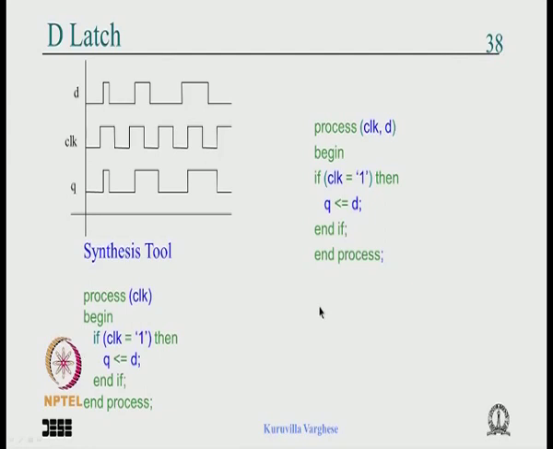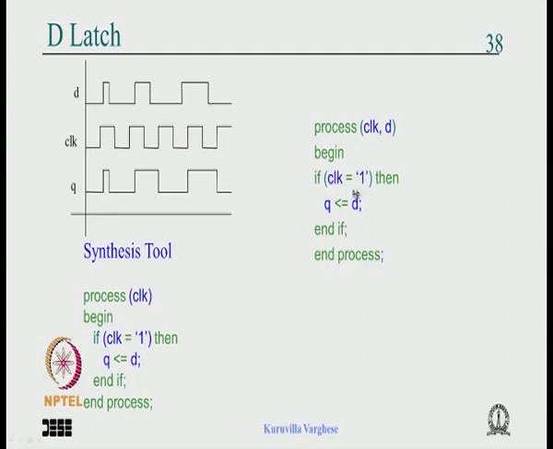For the synthesis tool, absolutely no problem, because it looks at this code and it is perfectly okay. So that's the code: process (clock, D) begin, if clock is 1 then Q gets D, end if. It works because if there is an event on the clock, it comes and checks if clock is 1, then